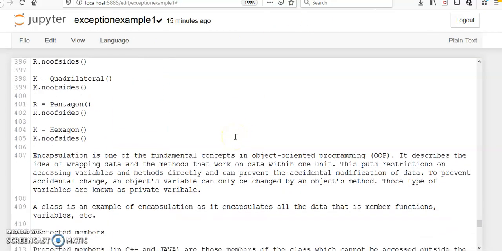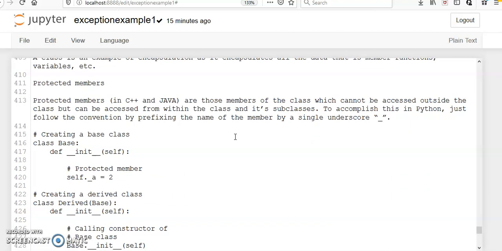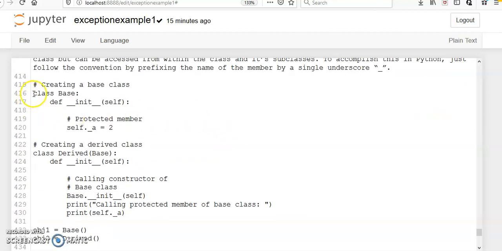The next concept is encapsulation. I have already specified what encapsulation is. We are going to protect or restrict the content from unexpected modification. If you see this program, I have one base class and one derived class, which has base within its brackets.